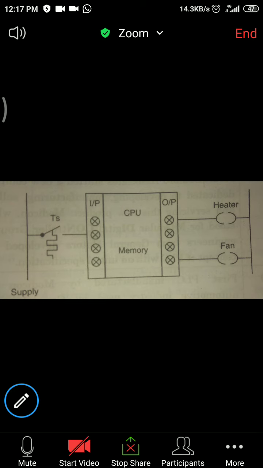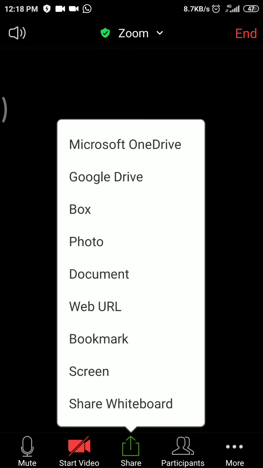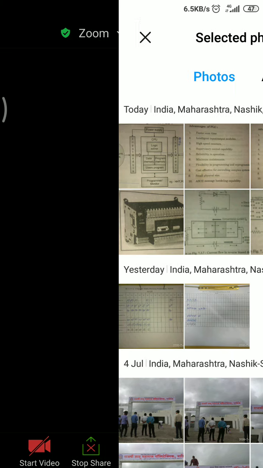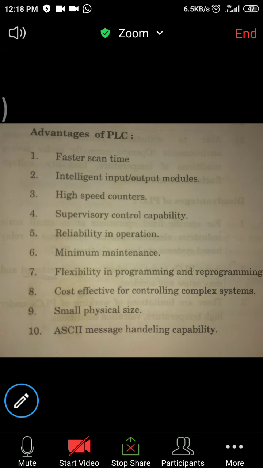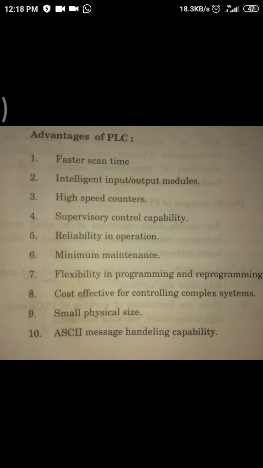Again, let me share another image. These are the advantages of PLC over other controllers. The advantage is faster scan time, which means its response is fast, working speed is fast. Intelligent input output modules.